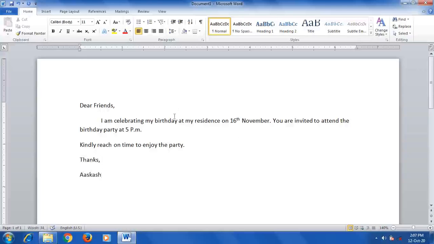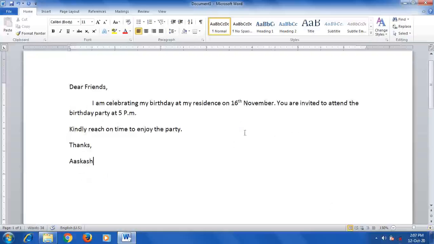Now in this text, the letter is already ready. How to add text in between? In this letter, how can text be added? You can add it in between, or at the end, or at the beginning. Place the cursor at the point where you want to add the new text. First you have to keep the cursor where you are going to add. Now I am going to add the text here. So I'll keep the cursor. How to keep the cursor? Just click in that place.